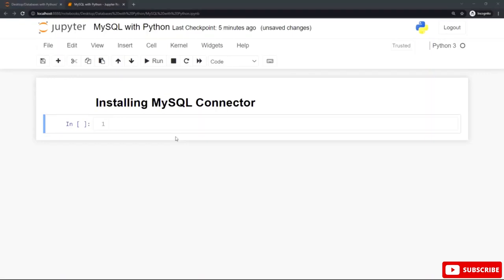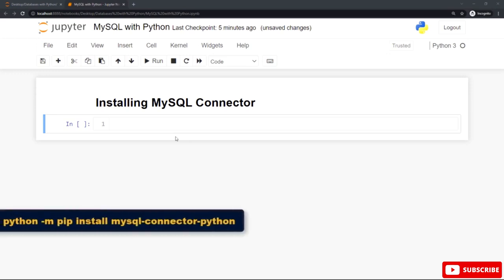Hello and welcome to this lesson. In this lesson I will show you how to install the MySQL connector to work with MySQL in the Python programming language by using the pip package manager. We are going to use the pip package manager to install the MySQL connector. Let's use the command python -m pip install